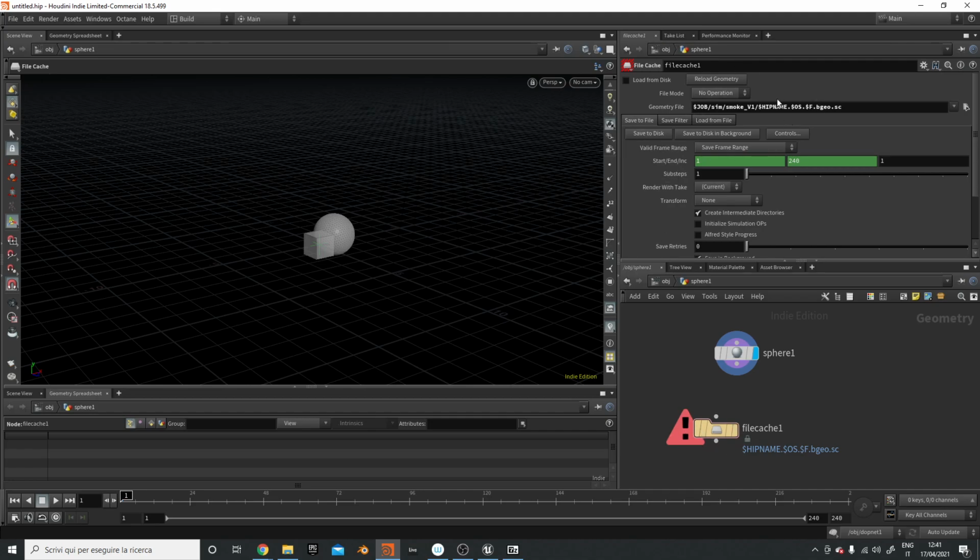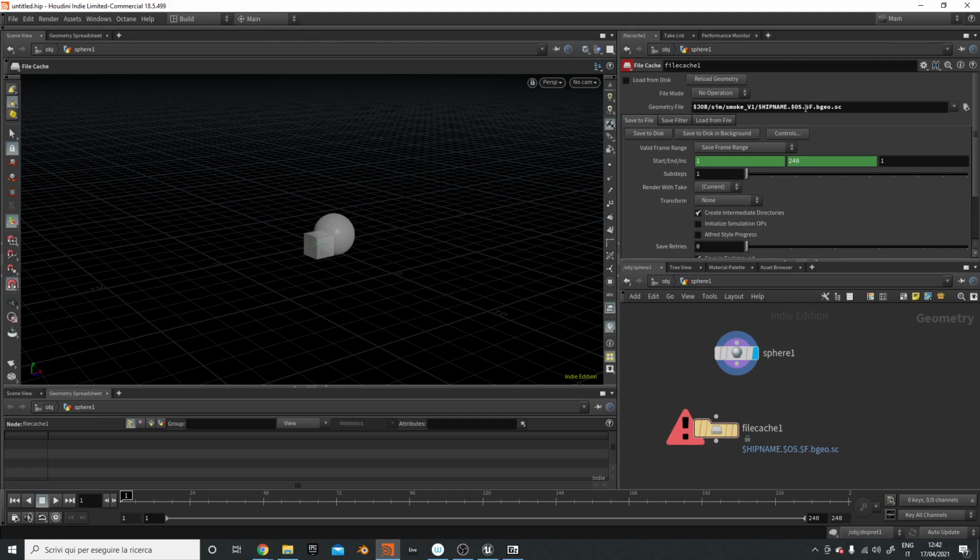What this means, for example, is it says, okay, let's save the geometry file inside the $JOB variable. I don't have a $JOB variable right now because I didn't save the project. Inside the project folder, go inside the sim folder, smoke v1 subfolder, and it will create a file that will have the HIP name, that is the name of the project,